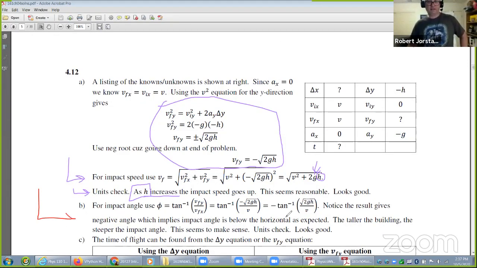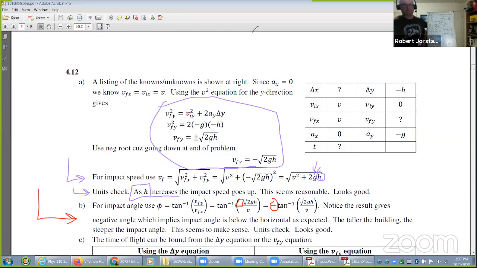Part B, impact angle. Here it is. And so there's a minus sign in there. You want to think about that. A note on this, I guess I should say this. Negative angles get tricky because we have to communicate with other human beings. Okay. So as part of a scientist's job or an engineer's job, you have to communicate with people. It's not enough to get answers. You have to communicate those answers with other human beings or a computer, right? If you want a computer to do some work for you. So it's really important, in particular with angles, that you understand, are you talking about the size of the angle or what not? For example,